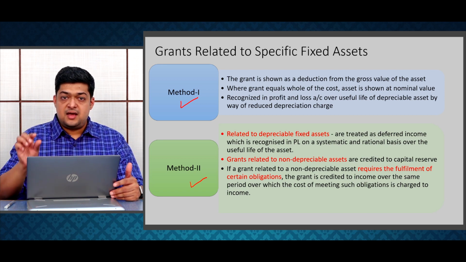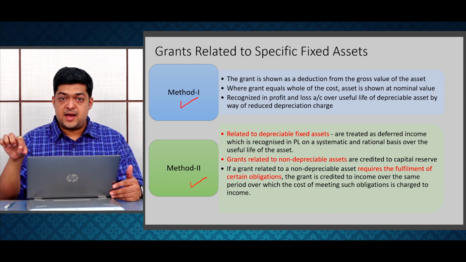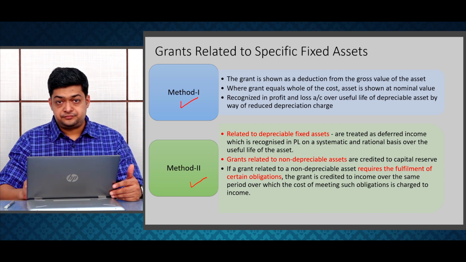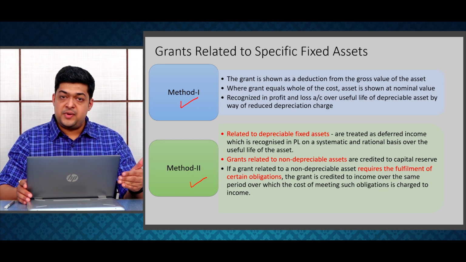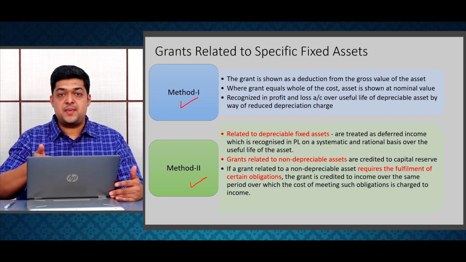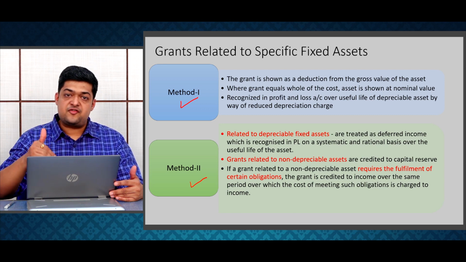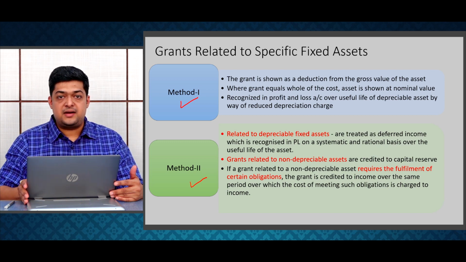देखो, जैसे डेप्रिसिएबल असेट में आपने क्या किया था, डेप्रिसिएशन P&L को डेबिट हुआ था और ग्रांट प्रोपोर्शनेटली आप क्रेडिट कर रहे थे. So you were neutralizing the effect of the grant over the profit and loss account. Similarly, if there are obligations to be met, then over the period over which these obligations are to be met for a non-depreciable asset, I will recognize, so I'll treat that as a deferred income, and that also will get transferred to the P&L account as and how the obligations are met.